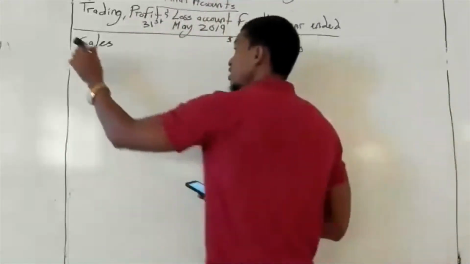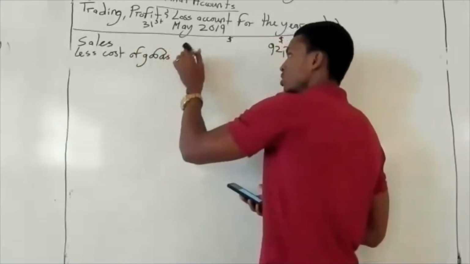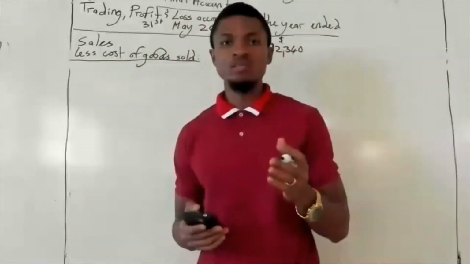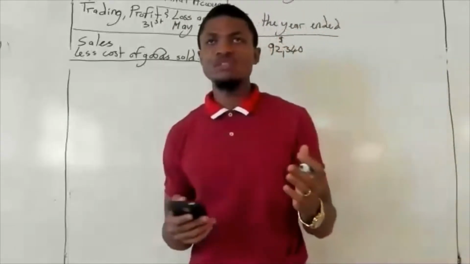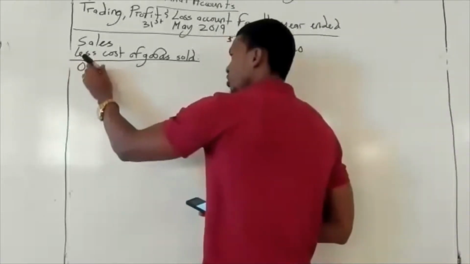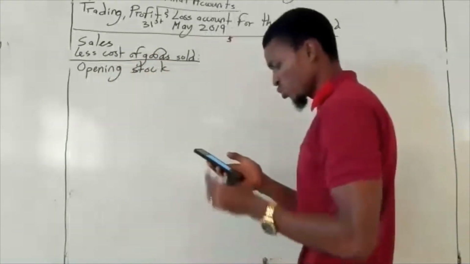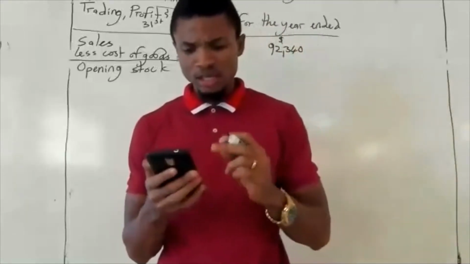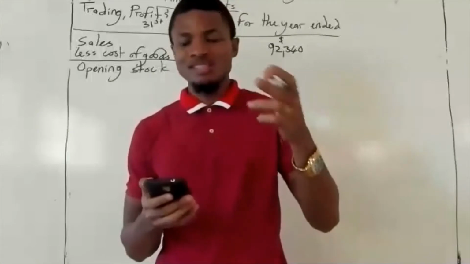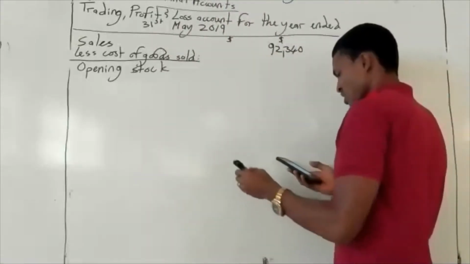So we move straight ahead to less cost of goods sold. Mind you, cost of goods sold is otherwise known as cost of sales. Don't get it twisted, don't mix up the definitions. And in order for us to get our cost of goods sold, what do we take cognizance of? We take cognizance of our opening stock. We have two stocks in the question: stock 1st June 2018 and stock 31st May 2019. The opening stock is in 2018 because it's the initial stock at start. The closing stock is 2019 May, which is the stock at close. So the stock at start is